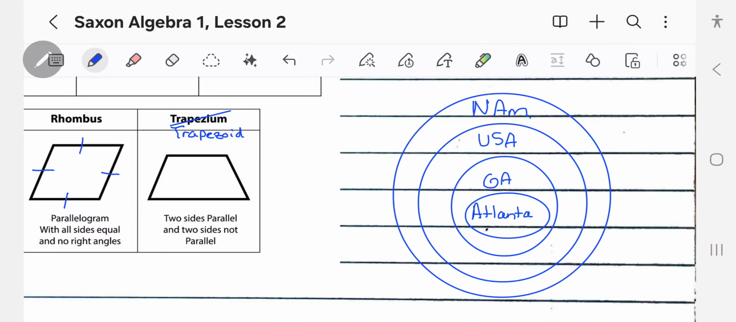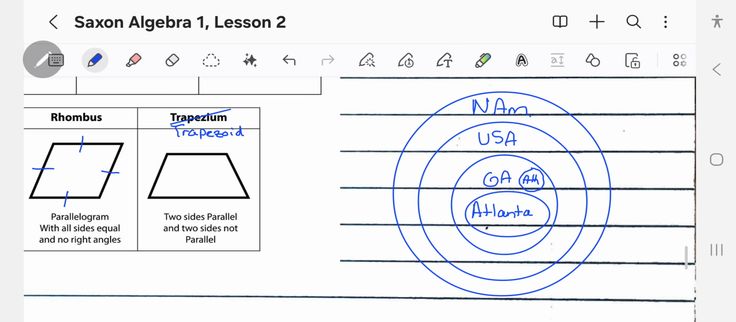Now, some of you listening to this maybe don't live in Atlanta, okay? But maybe you live in Georgia. So you would have another little bubble over here. Maybe you live in Athens, okay? That's another city that's in Georgia, but it's not in Atlanta. Okay, maybe you don't live in North America. Maybe you live in Europe. And that's going to be a separate circle over here. Okay, so this is just a way to organize and